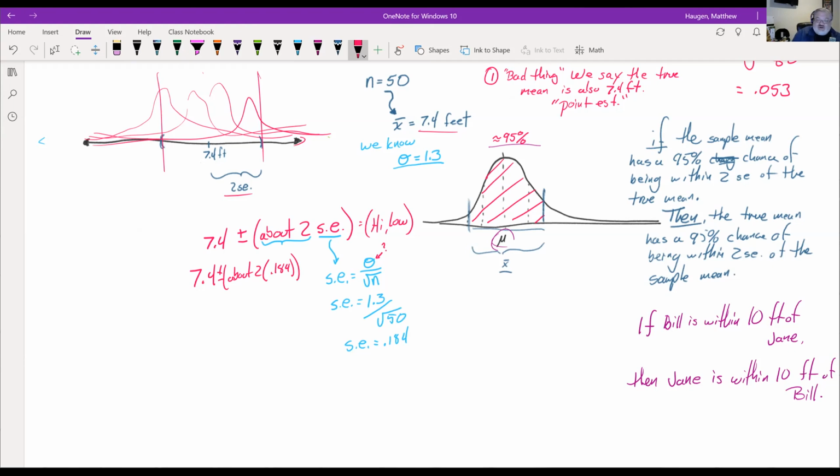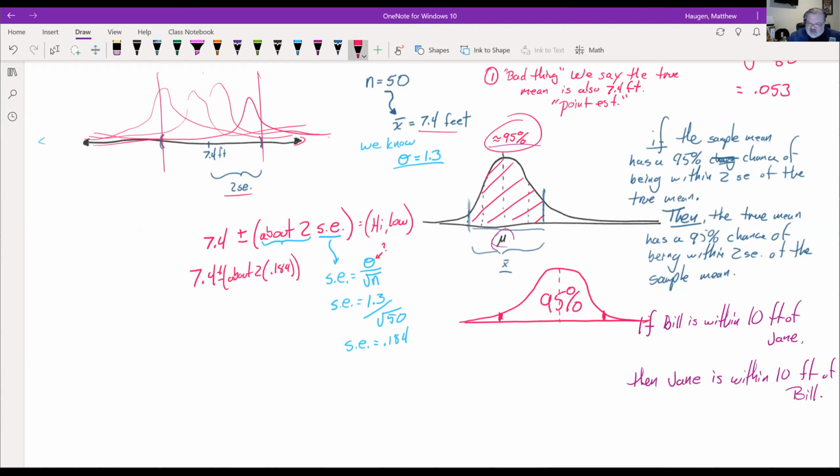Now we could use 2, but if we use 2, we wouldn't be able to say 95%. We'd have to say about 95%. And I don't want to say about 95%. I want to say it is 95% likely. I want to say that 95 with an assuredness. Fair? So what I want to know is how many standard errors we have to go to get that 95% much more solid. So if we want the actual boundary for 95%,